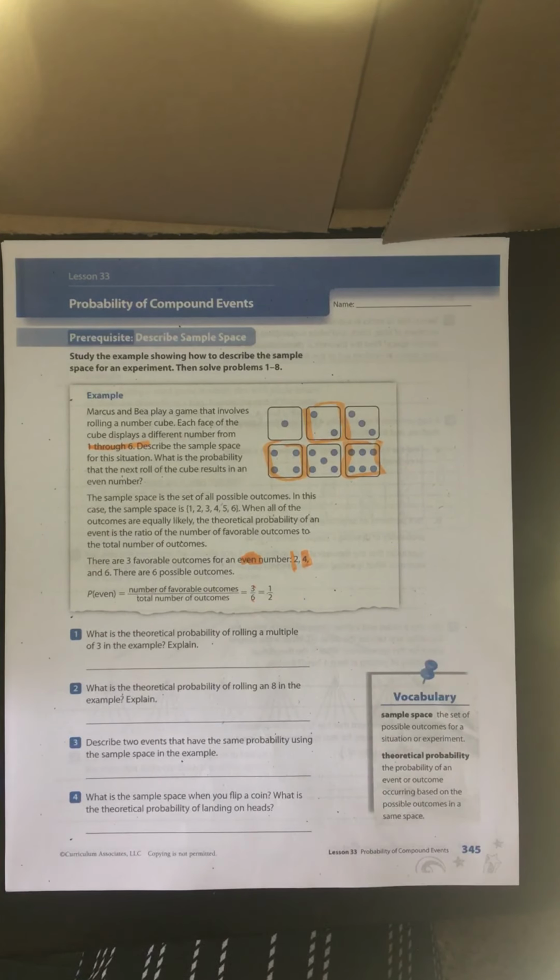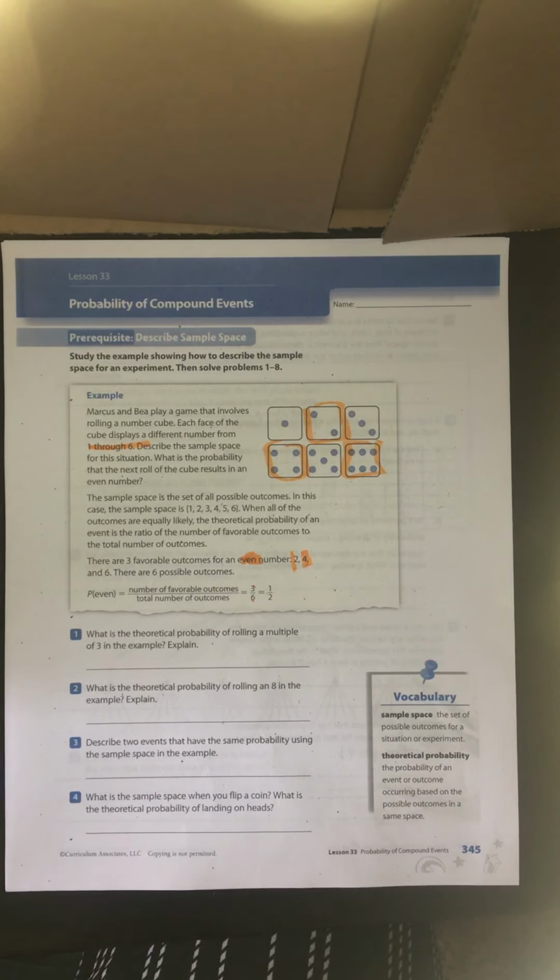Okay? What is the theoretical probability of rolling a 3? So as you can see, there's only one option out of 6. So you could say 1 out of 6. A multiple of 3 is different though. A multiple of 3 would be like 3. 6 is a multiple. The interesting part of multiples,